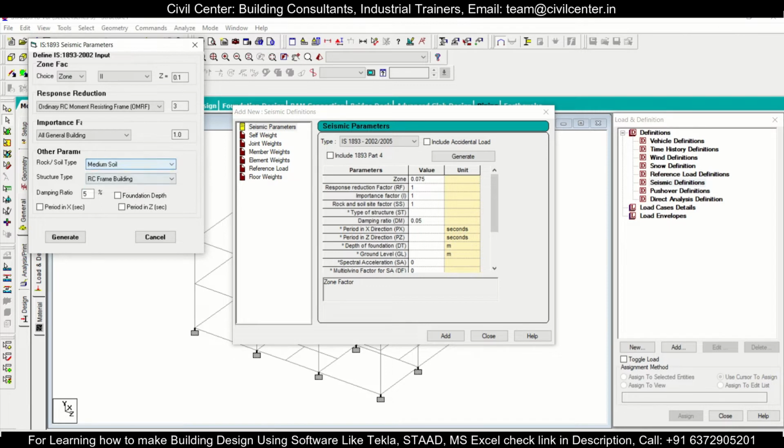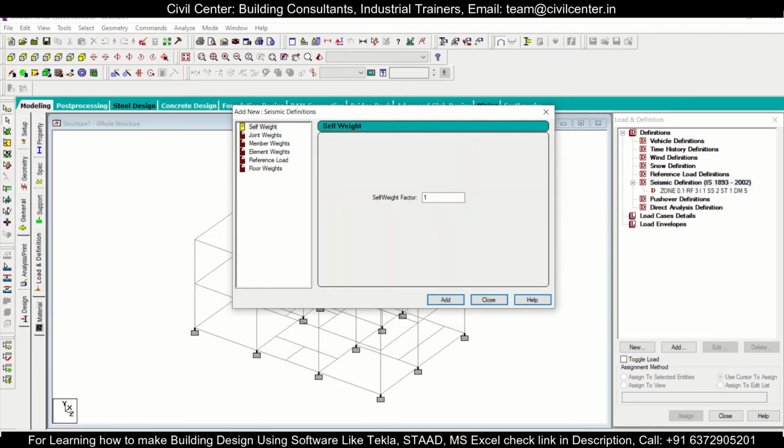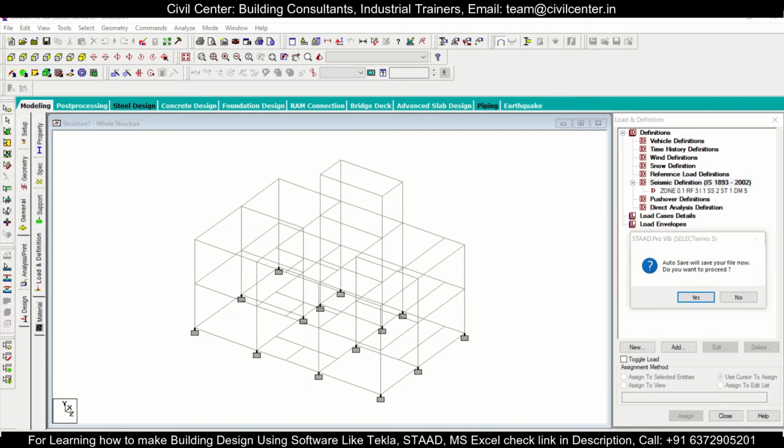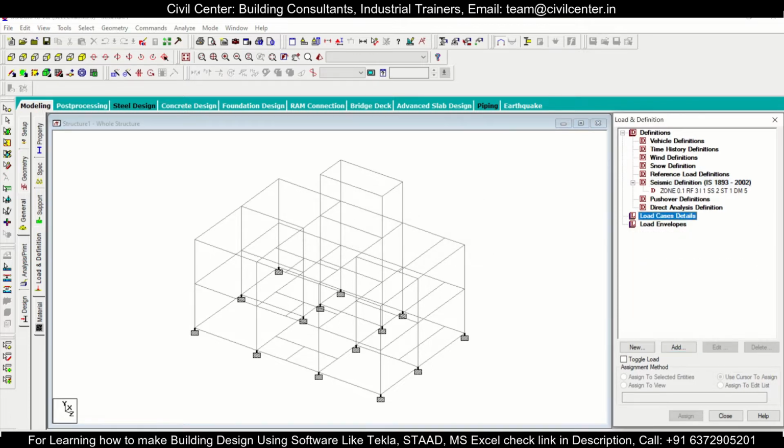Type of soil you can take accordingly with the IS 1893, the type of soil, and just click on generate. And after clicking on generate, we'll just click on add. Remaining things we'll do in the Staad editor. So right now, if any auto save comes, you just click on save,